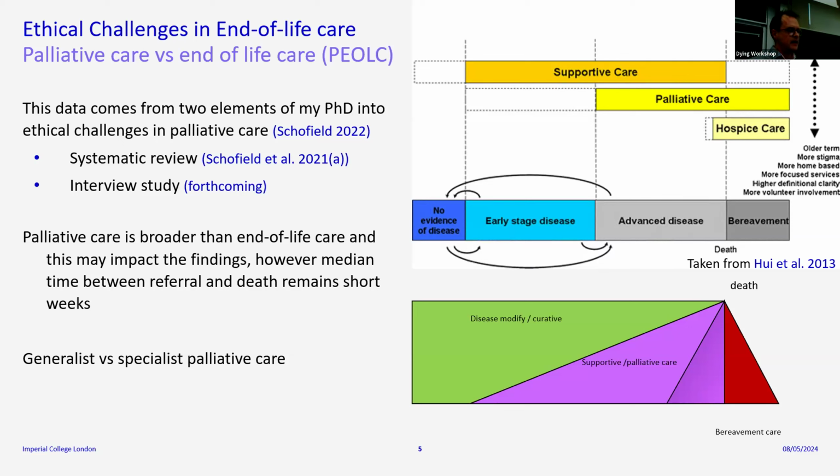Respiratory physicians doing that, oncologists, that is what's generally termed generalist. It's where people do something else most of the time and do a bit of palliative care. Specialist palliative care is thought of when it is the bulk of what you do. You work in an environment that is aimed to deliver this kind of care with research and training focused on this kind of care. So those are the definitions that I'm